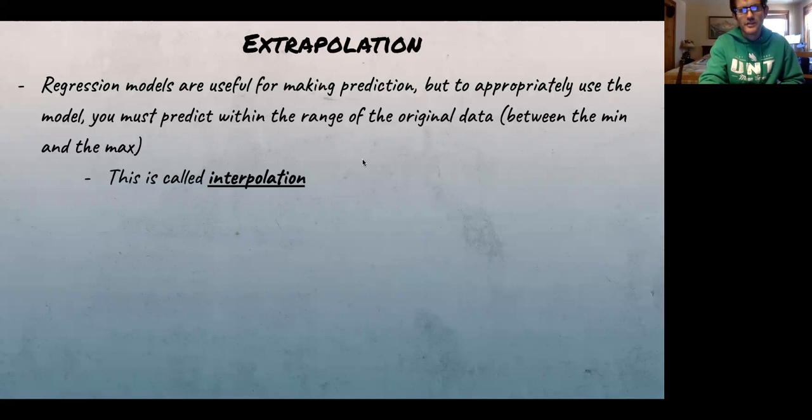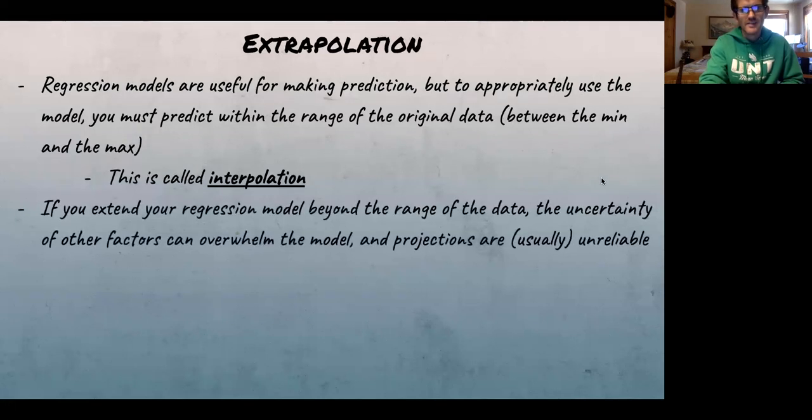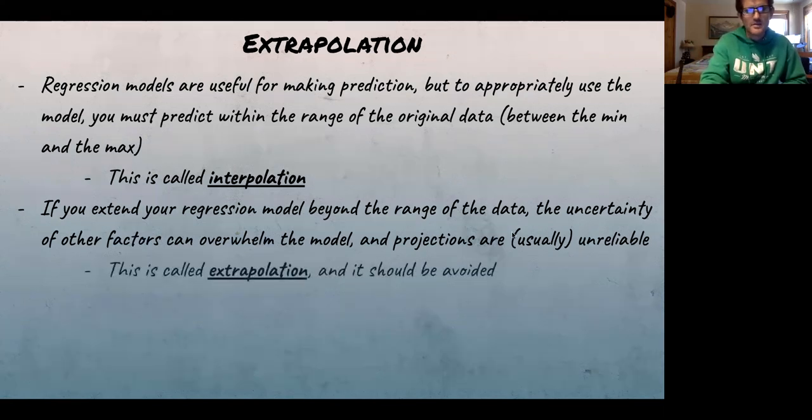Interpolation is different from extrapolation, which is whenever we extend this regression model beyond the range of the data. And what happens then is the uncertainty of other factors can overwhelm the model, and our projections are usually unreliable. And I say usually, we'll talk about that in a second. So this is extrapolation, and it should be avoided